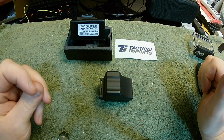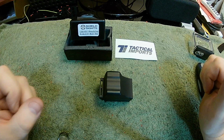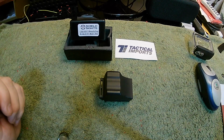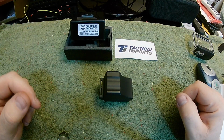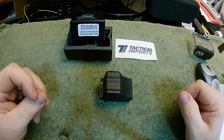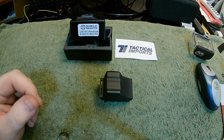I'm going to do a review today on the Shield CQS from Tactical Imports. It's been a while since I've done a review, and I've had this red dot for probably too long now. I've had it for probably 6 months, but Tactical Imports have been awesome with that kind of thing, so that's okay. I did get a chance to use it a hell of a lot over those 6 months, and so I have some experience with it, so I feel that I can give a good, honest opinion